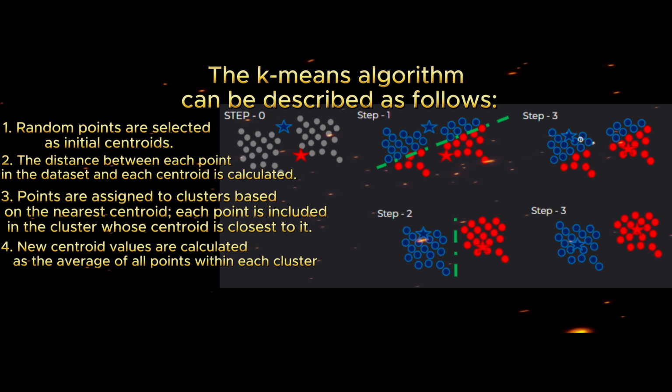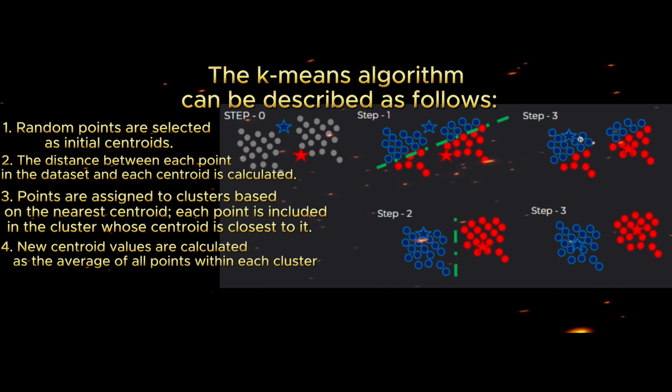However, these initial centroids might not be optimal. To refine the clusters, K-means recomputes the centroids by taking the average of all points belonging to each cluster. This essentially repositions the centroids to be more representative of the actual cluster centers. The process of calculating distances, assigning points, and updating centroids iterates until the centroids no longer significantly change, signifying that